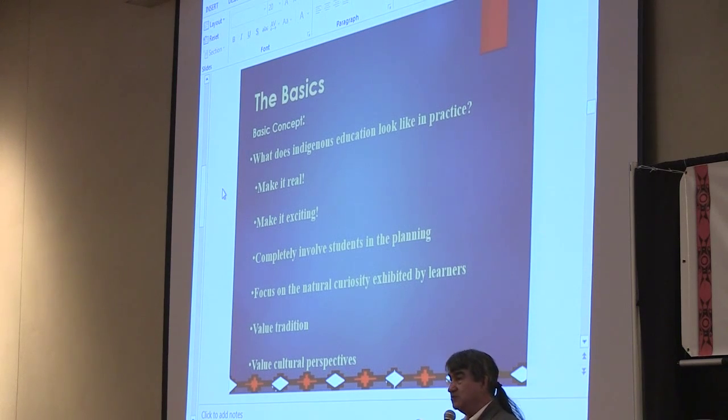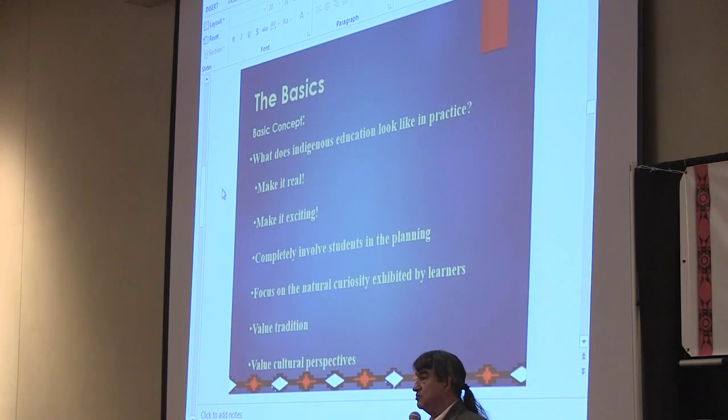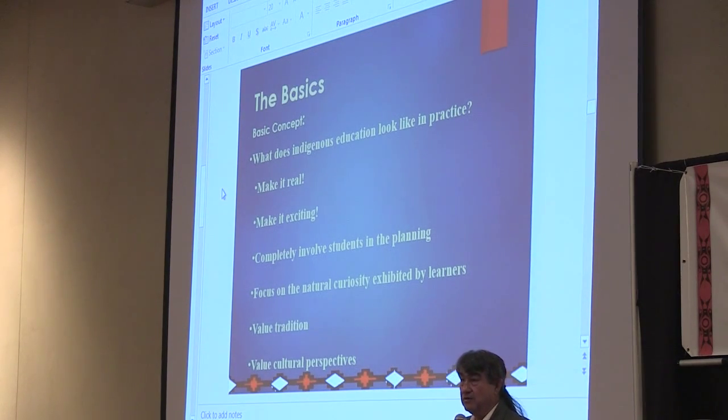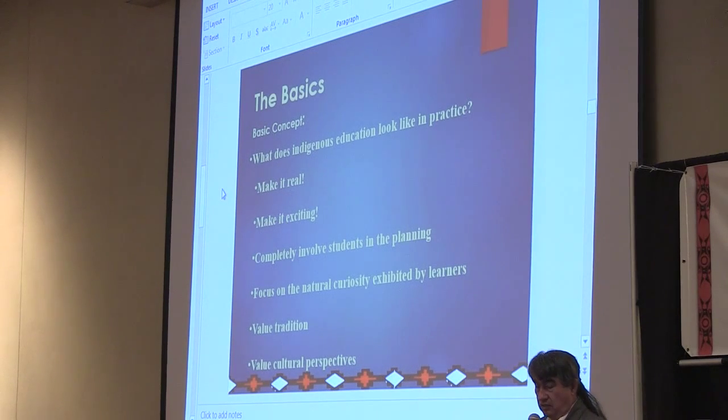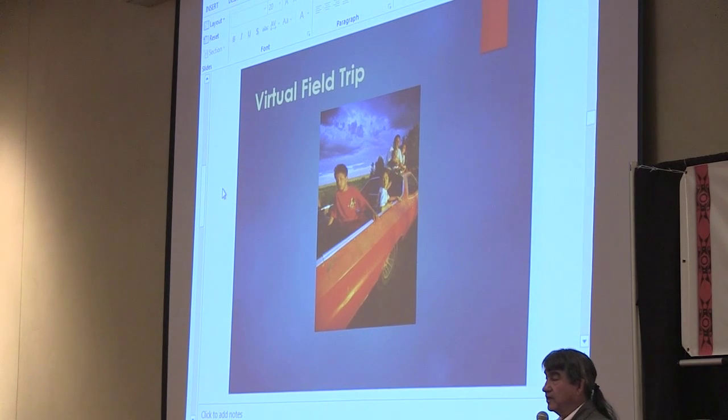Now, I'm not saying that language programs today aren't doing a lot of this already, okay? All that the curriculum model that I'm going to show you now does is help you to comprehensively plan for all of these kinds of activities, all of these kinds of outcomes to actually happen in a very cohesive way within a language program, okay? So that's all that curriculum really does. It gives you a plan, it gives you a map that you work on.